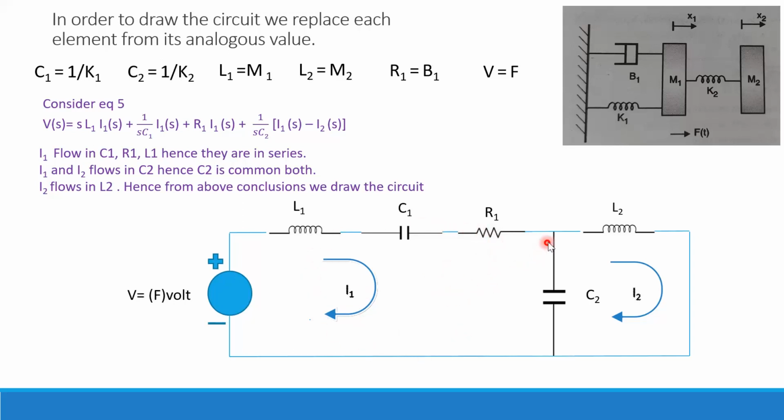Here the node 2 is present and capacitance 2 is representing mass 2. So therefore it is connected to this X2 node, and L2 has current I1 as well as current I2 flowing through it. So this is the network diagram for your system. Okay, so here I2 is flowing through C2 as well as L2.